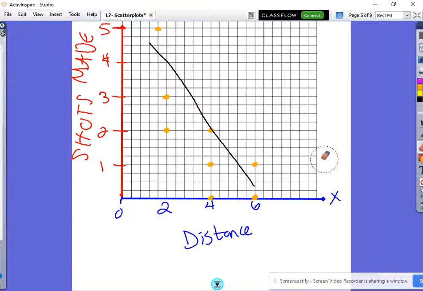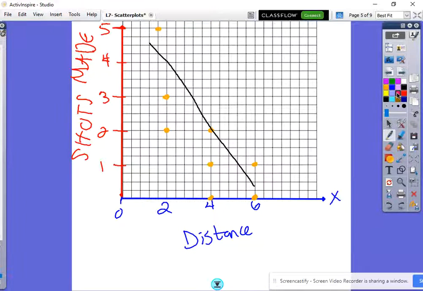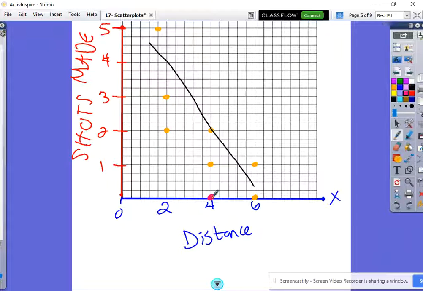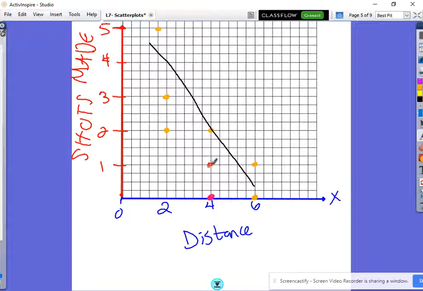We have 4 feet away. If we're right here and we're 4 steps away, this person made 0 shots. This person made 1 shot when they were 4 steps away. You want to graph your data, and then hopefully you'll see that there is this kind of pattern. You can see that black line that I've drawn is a bit of a pattern. So take a minute to do that activity and graph your points, and then we're going to check back in